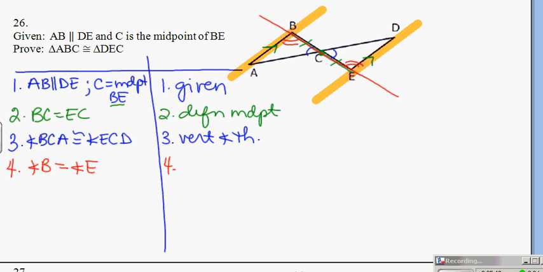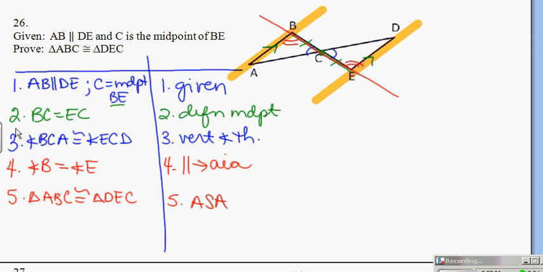And so I know that angle B is equal to angle E because parallel implies alternate interior angles are equal. From there, I have enough information, and I say that triangle ABC is congruent to triangle DEC